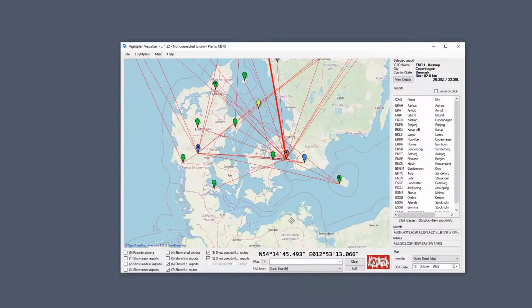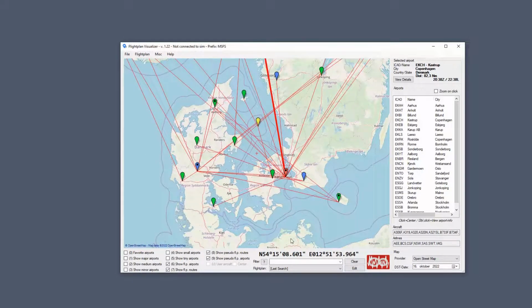Also, a small change in this version that was important to make is that right now there is a good spacing between these routes and the airports. But when you hover the mouse over an airport in the previous version, sometimes it was very difficult, especially if you have a screen with lots of routes displayed at the same time. For example, hovering the mouse over Copenhagen and seeing this tooltip was difficult because sometimes, even though you were over this balloon marker for Copenhagen, it would choose to show the hint window for all the